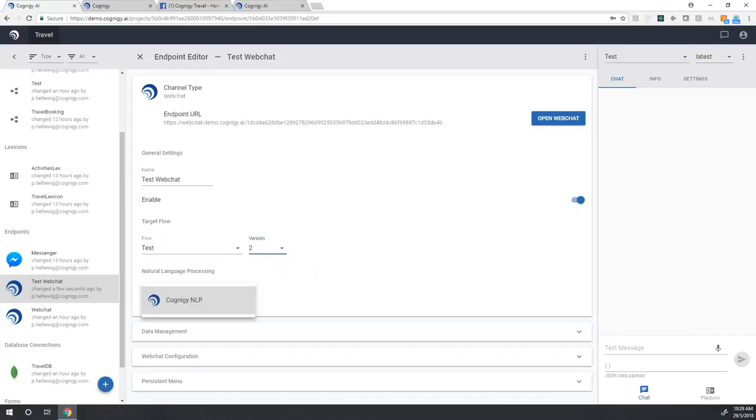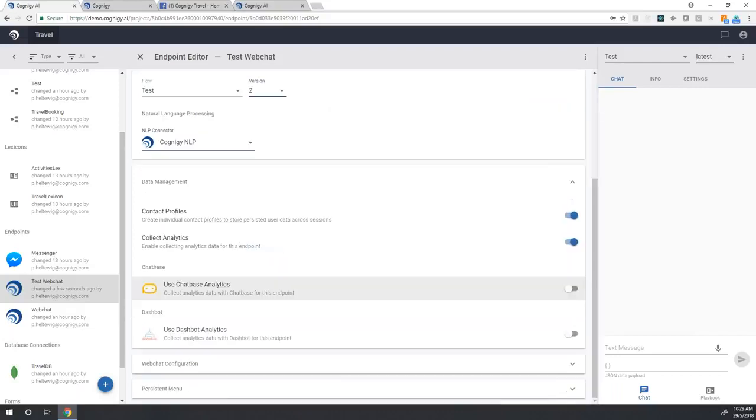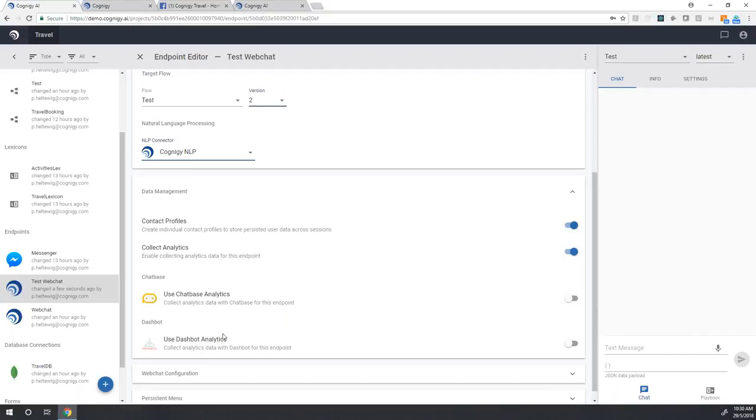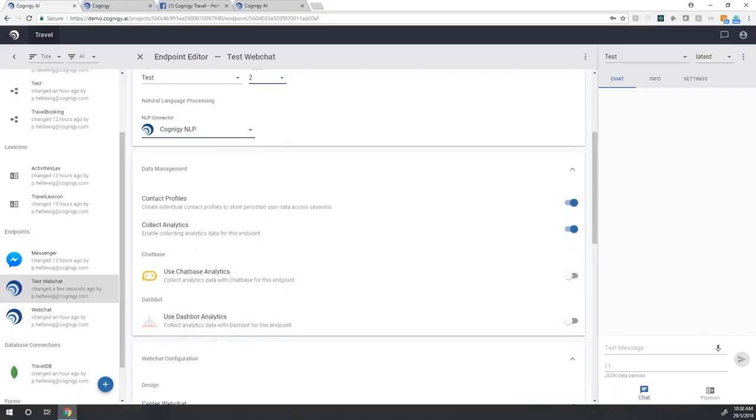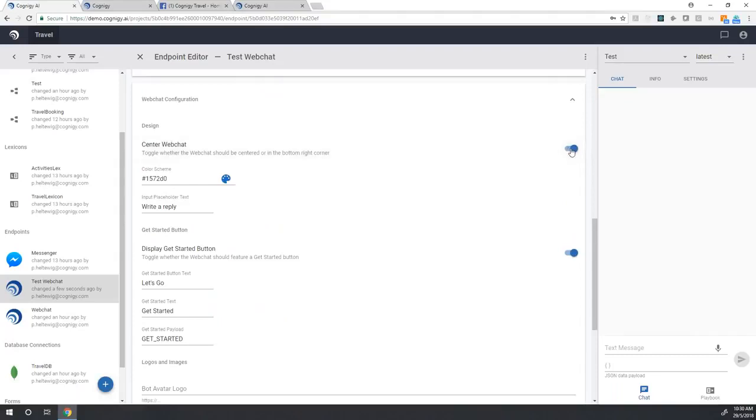We select the NLP connector. In this case, we only have Cognigy set up. We can make settings for data management. Do we want to use profiles? Do we want to collect analytics? If we want to collect analytics, do we also want to use Chatbase or Dashbot, which are the two leading flow analytics tools in the market? And what does our web chat look like? Is it centered?